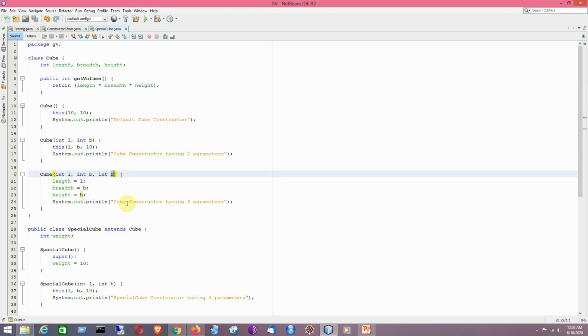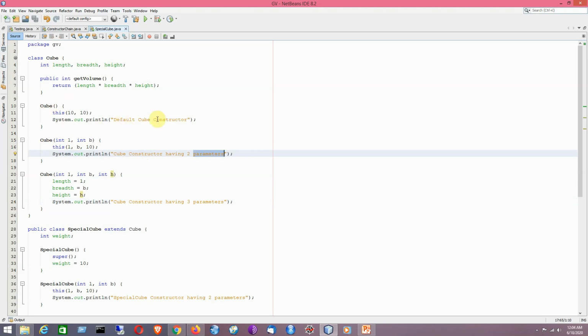So now we are having a line here like cube constructor having three parameters. So this line will get printed first, because after this line gets executed, the control will be transferred to its superclass constructor that is named cube. So it will be printing cube constructor having two parameters, and from here the control will be transferred to this particular superclass constructor with no argument.